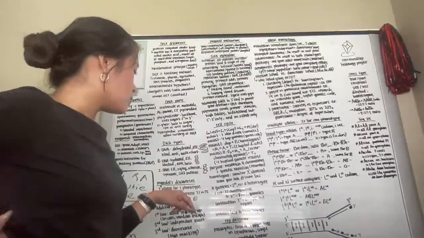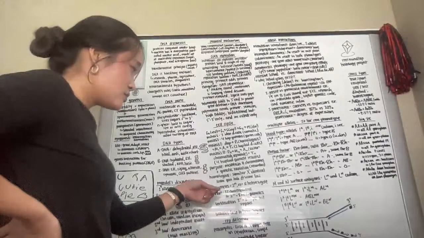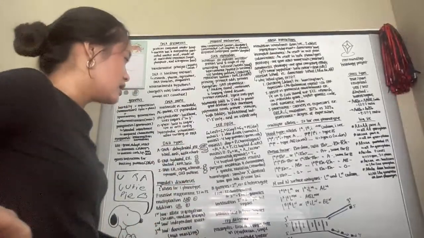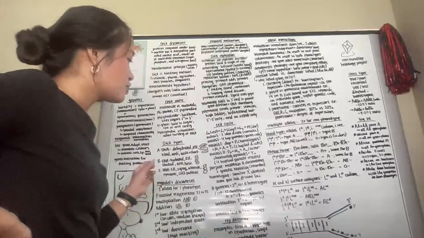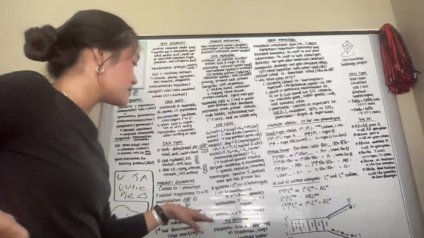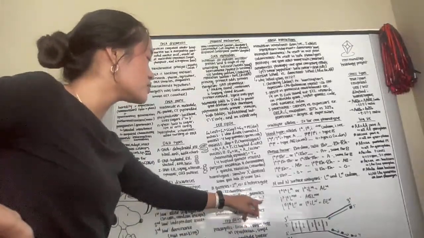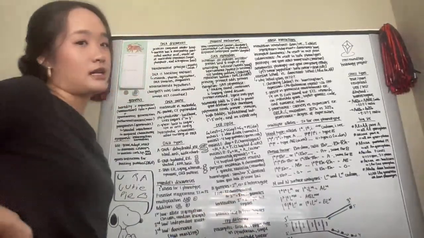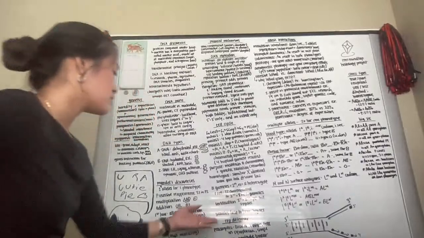So one cell will have 23 chromosomes, meaning it'll be 2 to the power of 23, which means there's 8 million gametes possible. Fertilization is when 2 gametes join to form a zygote. So this means it's 2 to the power of 23 times 2 to the power of 23, which means there's 70 trillion zygotes possible. Isn't that crazy? It's so crazy. Anyways, gametes fuse to form zygotes, like I just said.